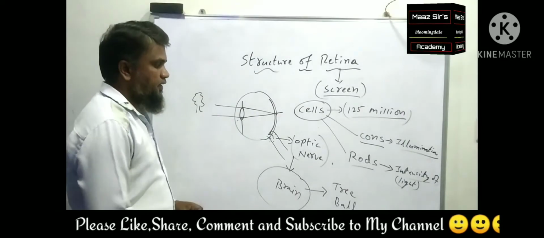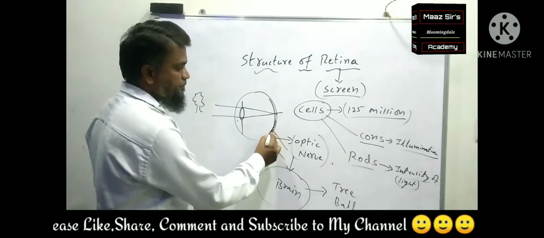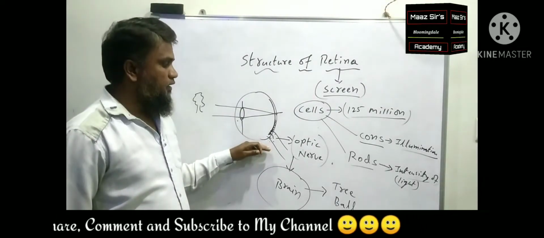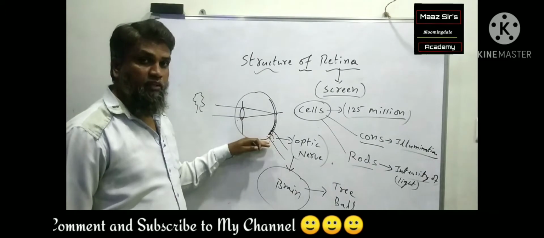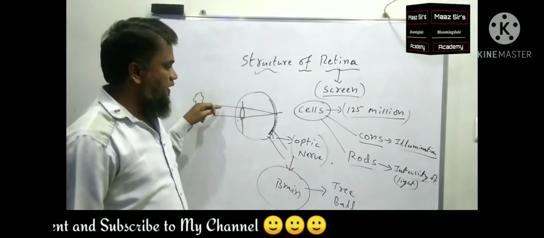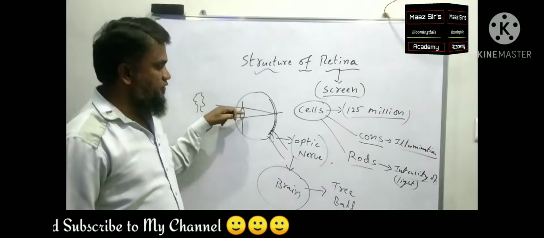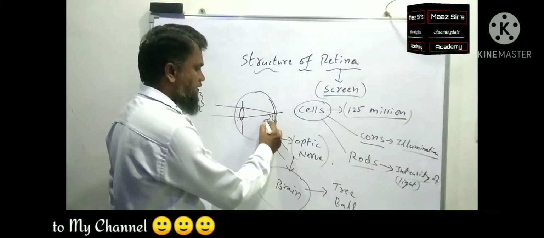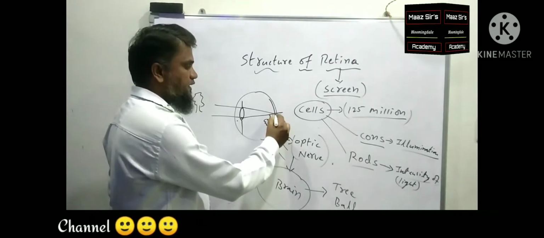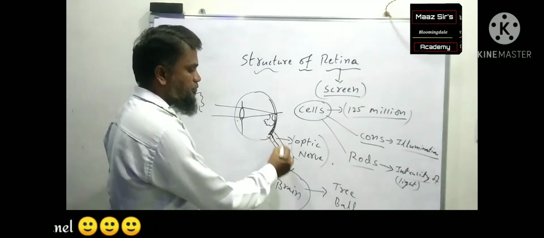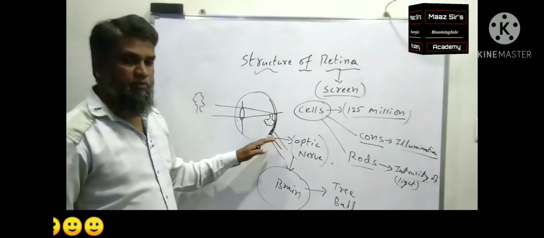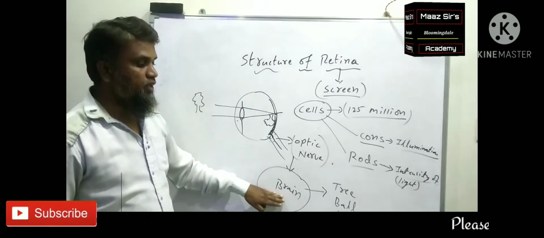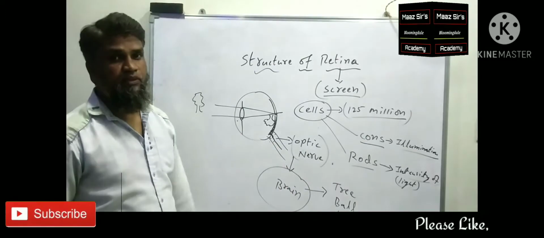As I said, this retina is just beside the optic nerve. So what is the benefit of being present near the optic nerve? As soon as the light passes through the lens, the image is formed, which is inverted. This signal will be transferred to the optic nerve. There are many nerves present in the optic nerve. Finally it will send the signal to the brain. So the brain will decide what the object is.